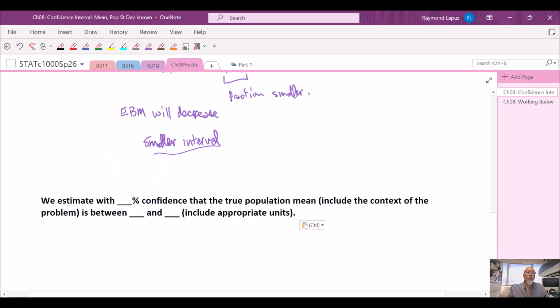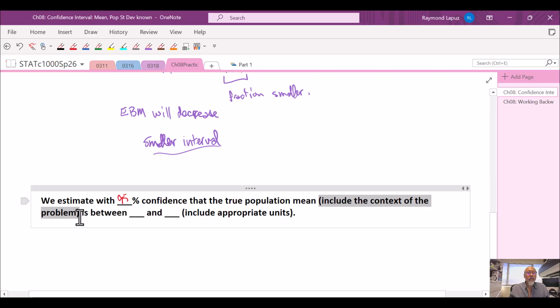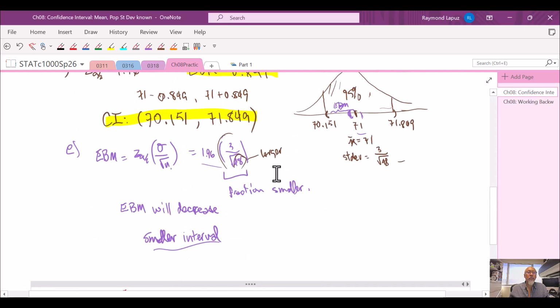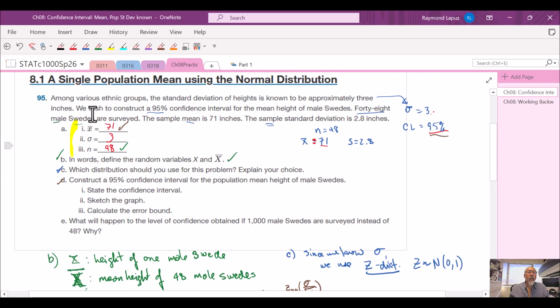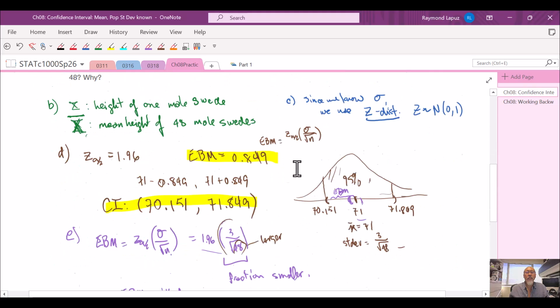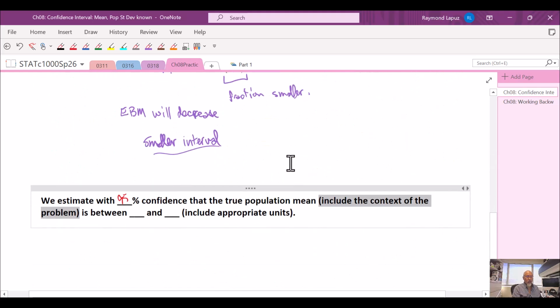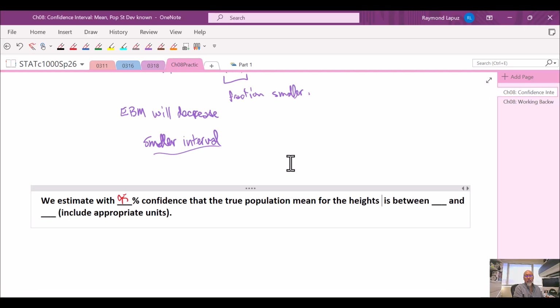We estimate with 95% confidence that the true population mean, and we want to change this according to the population mean. We were measuring the heights of male Swedes. So the population mean for the heights of male Swedes